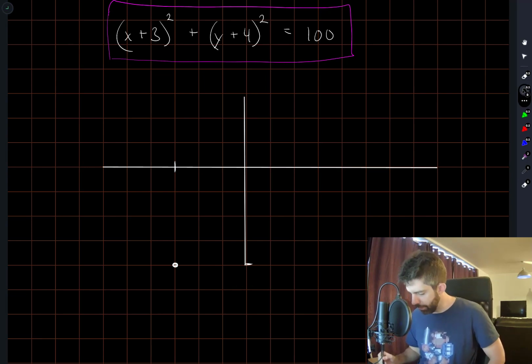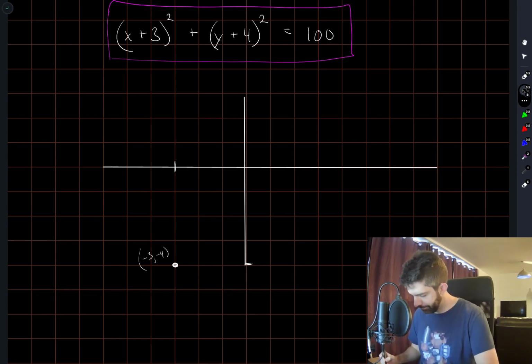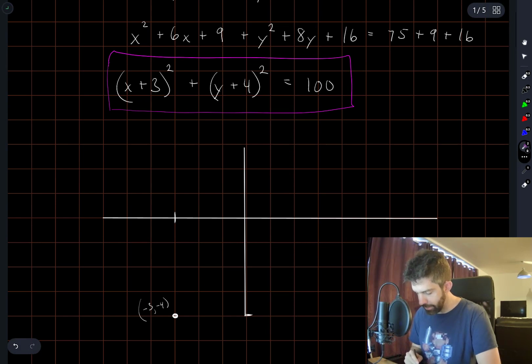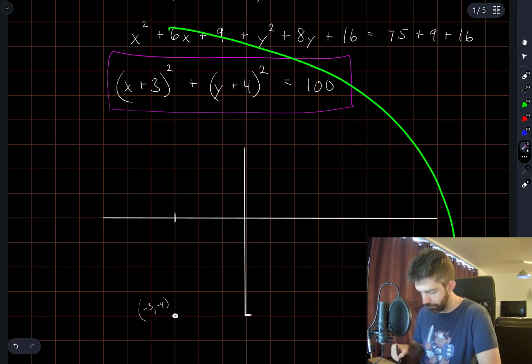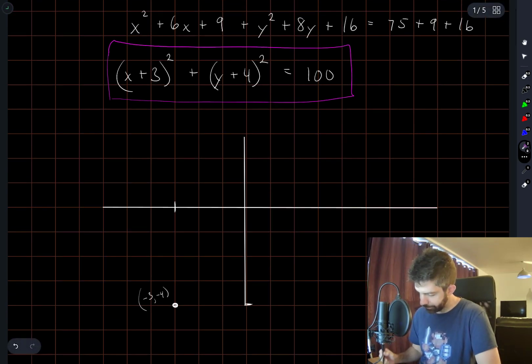So there's the center of the circle there at the point -3, -4. Like I said, this is a distance of 5 from the origin. It's just a 3, 4, 5 triangle. But the radius of the circle is 10. So if I actually drew the circle on this figure, it would extend way out here like this. So what I think I will do to try and find the point on the circle which is closest to the origin,